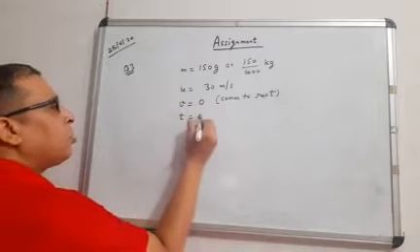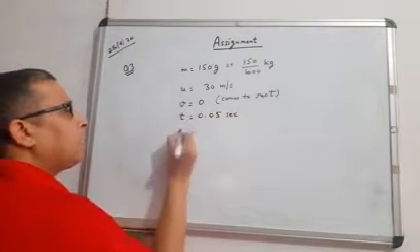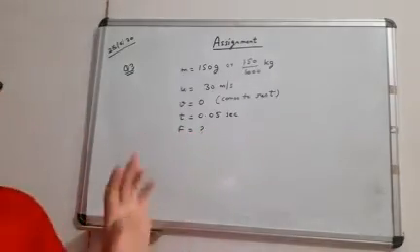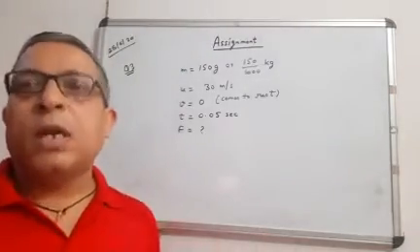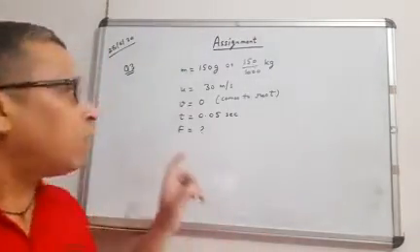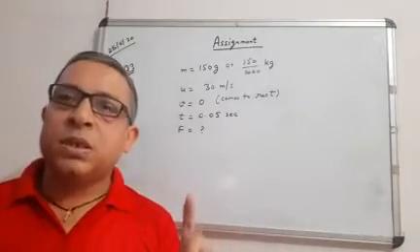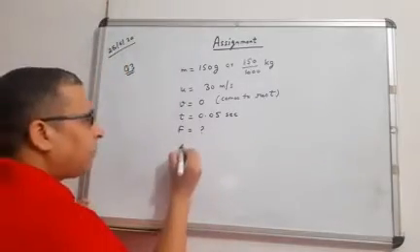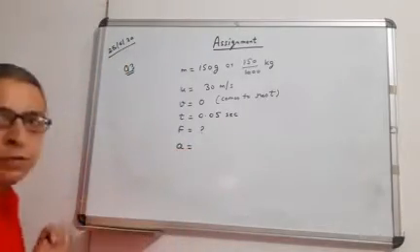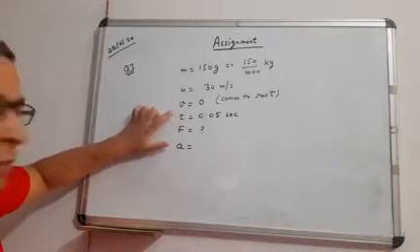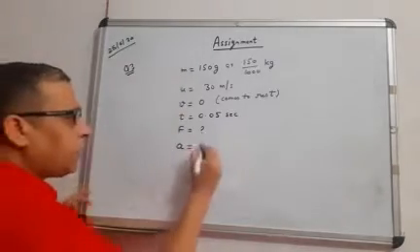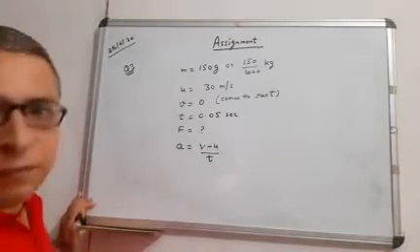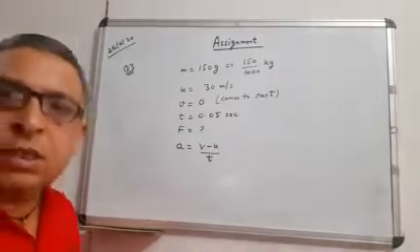Time given 0.05 second. We have to find here force. If you remember, force cannot be found without acceleration. I have told you earlier also, this is by Newton's second law. Force can be found by mass into acceleration. Clear? Now I'll find a first. If you remember, I have got u, I have got v, I have got t. So I can use v minus u over t here. Depending on what is being given to us, we'll put the things accordingly.